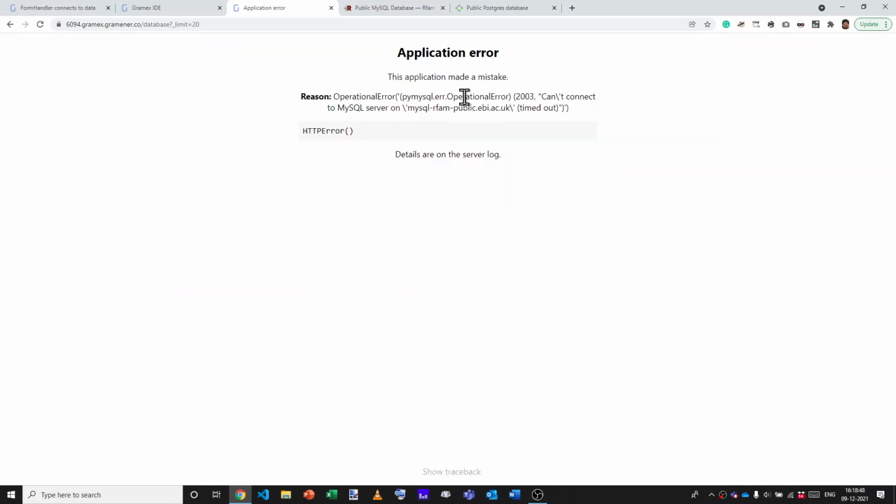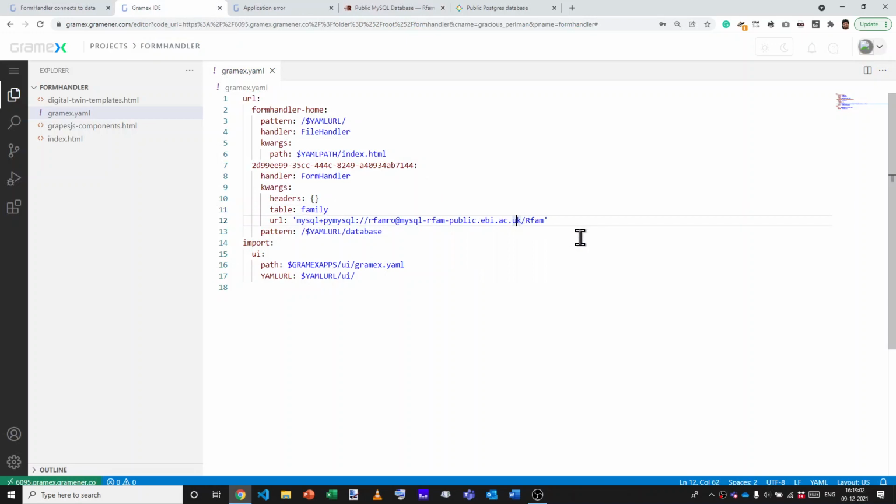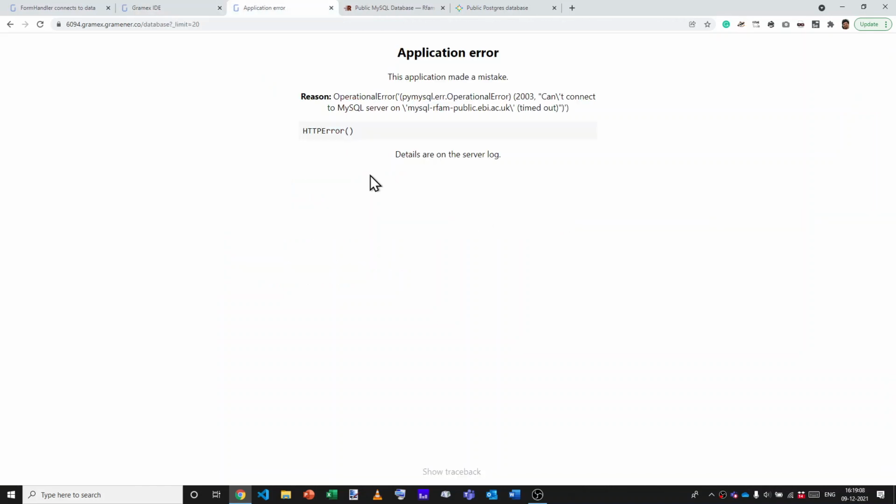And it says it's not able to connect. Did we make a mistake? Is there something that we missed out? Well, looks like the port number that is specified here, we didn't use. And the way to add the port number here is alongside the server. So you say colon port number, and this is standard across all the SQLAlchemy URLs. Now let's reload.